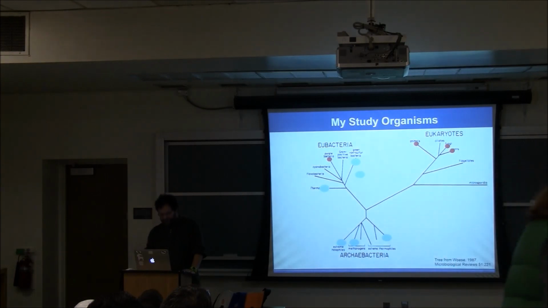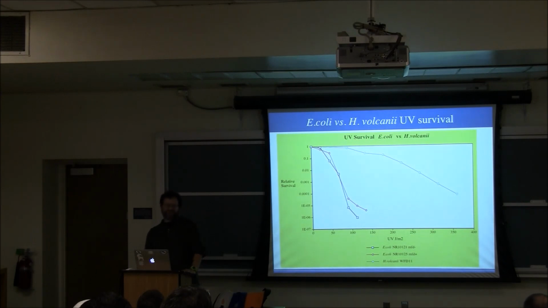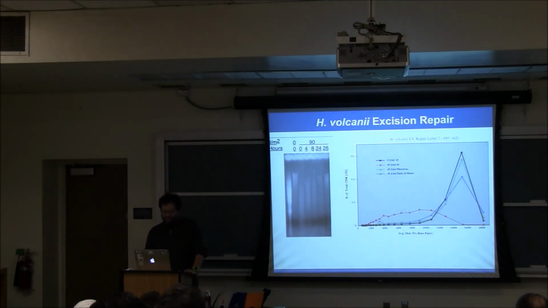And I went after a diversity of organisms to do both cloning studies and experimental studies, and I also started to do bioinformatics to analyze what was known about DNA repair processes and their genes to study their evolution. And I spent a lot of time, for example, focusing on halophilic Archaea, these extremely salt-tolerant Archaea that also happen to be highly radiation resistant, trying to figure out what their mechanism of radiation resistance was in comparison, for example, to E. coli. And there was basically nothing known about Archaea DNA repair processes at the time, so I did some of the traditional experimental studies of DNA repair processes in this organism.